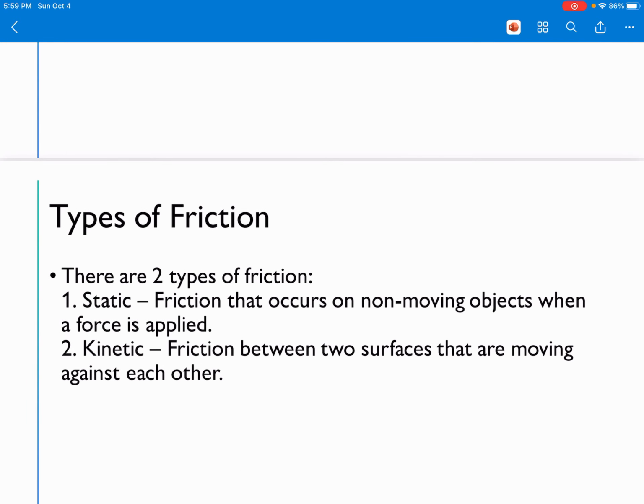There are two types of friction. Static, which is friction that occurs on non-moving objects when a force is applied. This means if a little kid was pushing a 200-pound box and the box wasn't moving, this would be static friction. The boy is trying to push it, which is a force, and the box isn't moving, which makes static friction. And then there is kinetic friction,